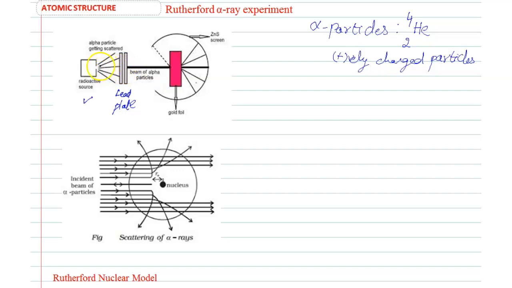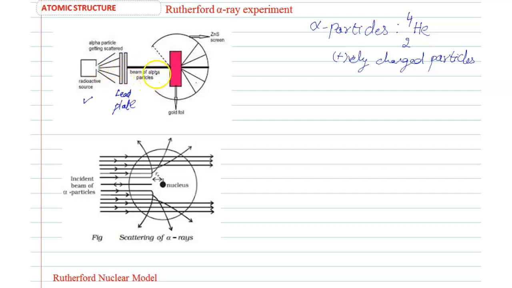Rays will come in different directions from the source, but only through that small hole can they pass. Why are we using this lead plate? To get a monochromatic beam. Even though the source is radioactive and alpha particles move in different directions, only from that hole will